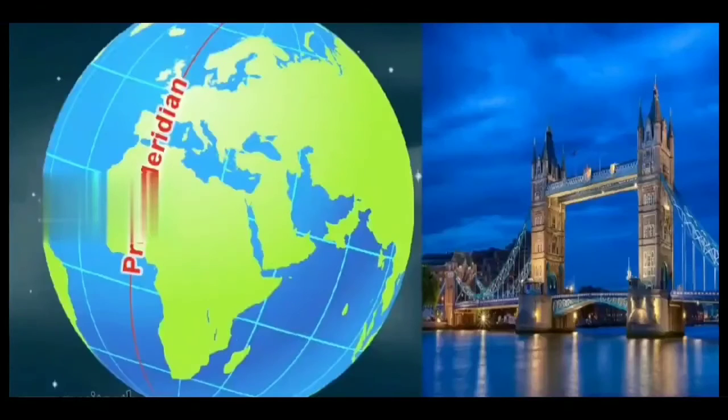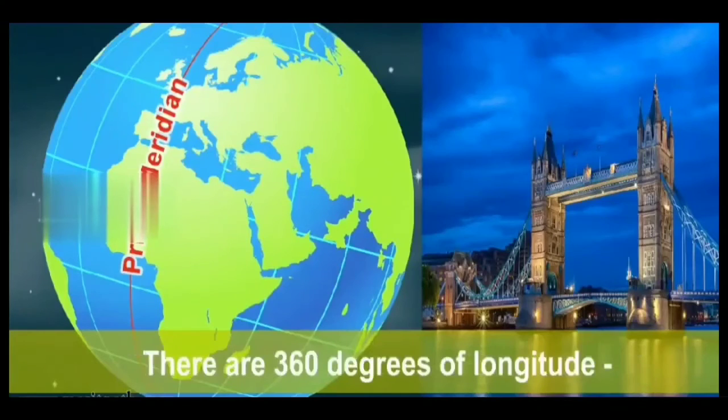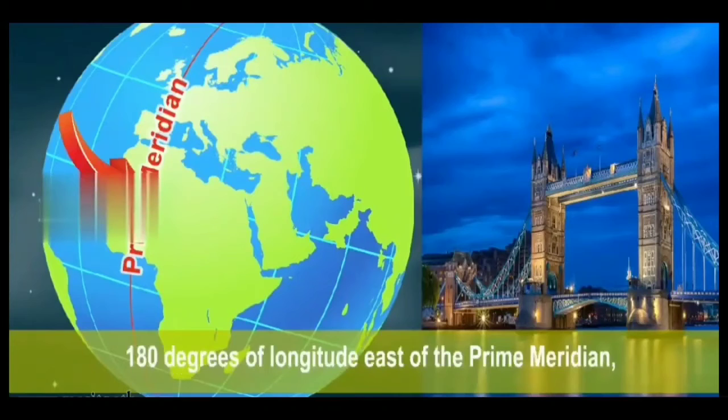Features. The longitude running through the Old Royal Observatory at Greenwich near London is marked 0 degrees. It is called the Greenwich meridian or the prime meridian. There are 360 degrees of longitude: 180 degrees of longitude east of the prime meridian,